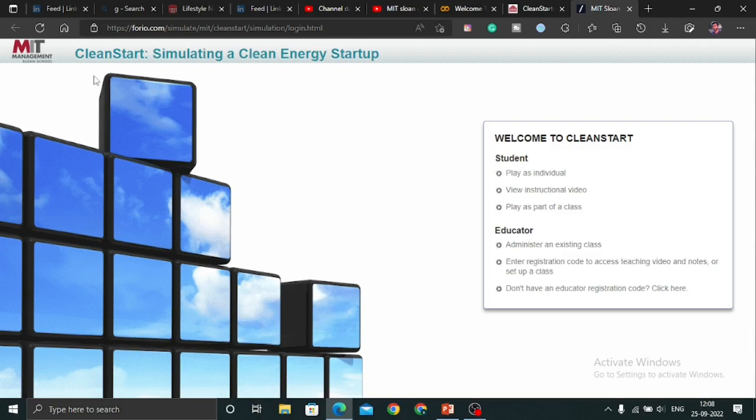So basically today we are going to show how to play CleanStart, a strategic simulation game. It's a game developed by MIT Sloan. The whole objective is to determine a specific strategy, or set a strategy, for sustainable growth. So this is the dashboard, or I can share the link in the description below if you want to play